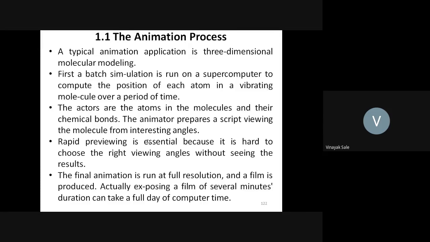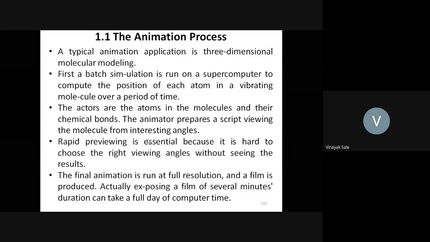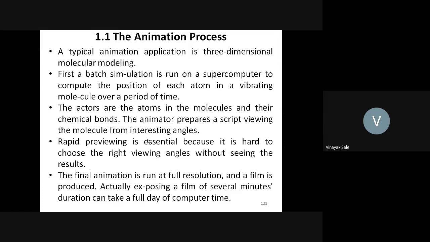The actors are the atoms in the molecules and there are chemical bonds. The animator prepares a script viewing the module from interesting angles. A rapid previewing is essential because it is too hard to select the right viewing angles without seeing the results. The final animation is run at full resolution and a film is produced,